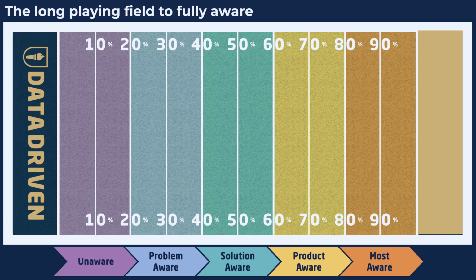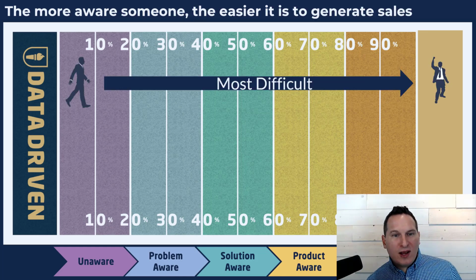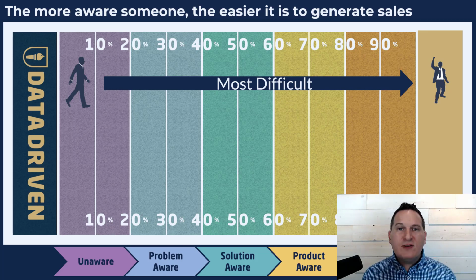And I look at it as a playing field, and you want to go from unaware to fully aware because those are the people who are going to purchase because they're aware of what you do and they're ready to take that awareness to the next level and become a customer of yours. Well, guess what? If you're taking somebody who's unaware and you're trying to get them to purchase from you, it's difficult. It takes time. It's difficult for many reasons. One is they might not be interested, or they might just be window shopping, or they're not ready yet. Second one is at some point there's a natural drop-off from unaware to most aware because not everybody's going to buy a product or a service at the end of the day. And so there's a big drop-off when that happens.